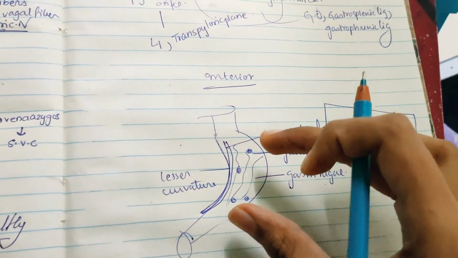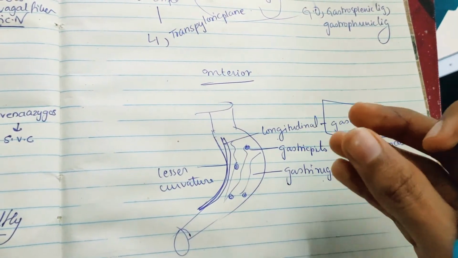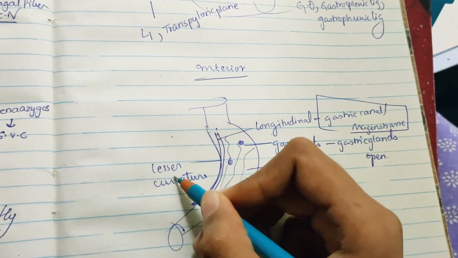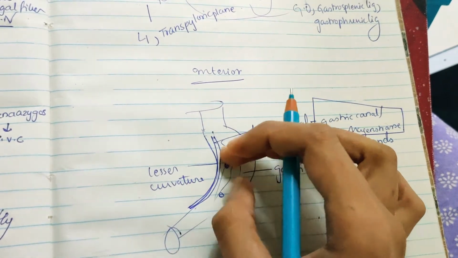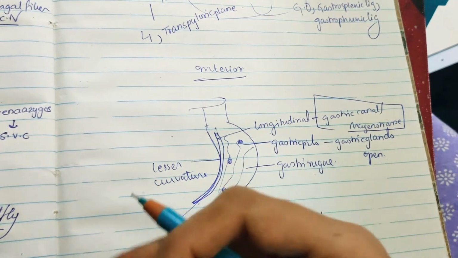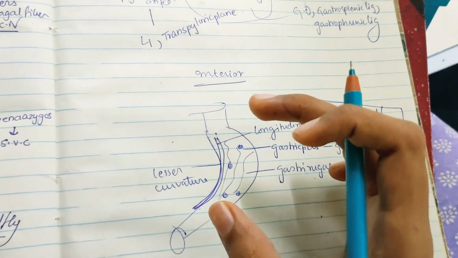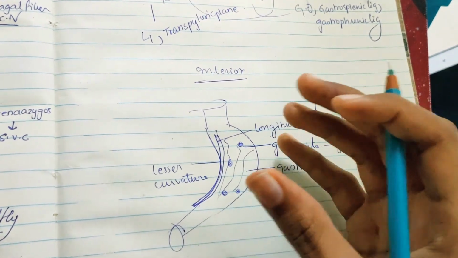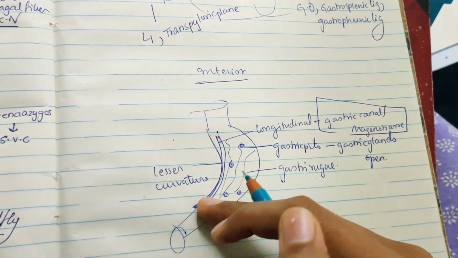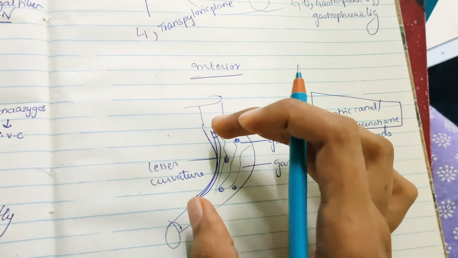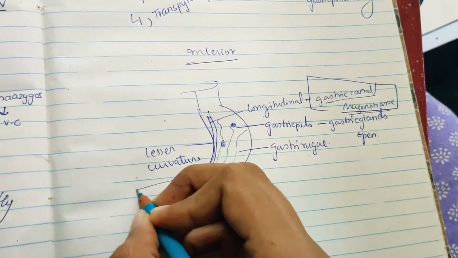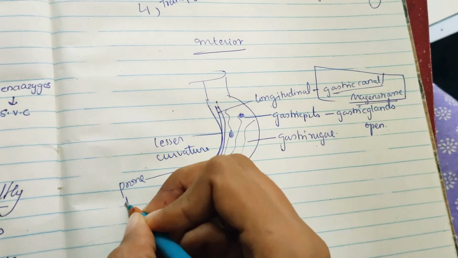And especially whatever fluids you drink rapidly pass through these longitudinal rugae along the lesser curvature, not going to other parts of the stomach, so they can directly go from this part into lower structures. So we should be careful while drinking concentrated drinks, because most of the chance of peptic ulcers is in this lesser curvature, along this gastric canal or Magenstrasse. So it is prone to gastric ulcer.